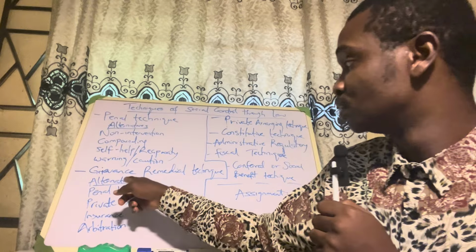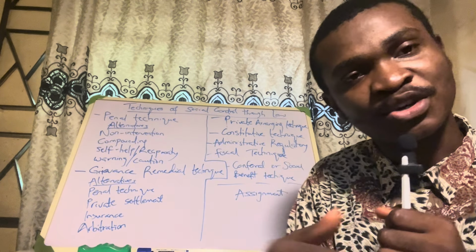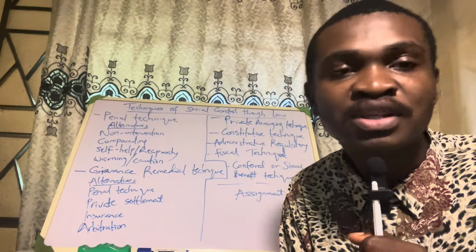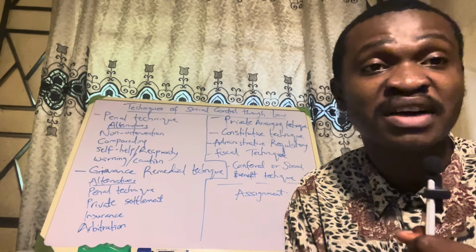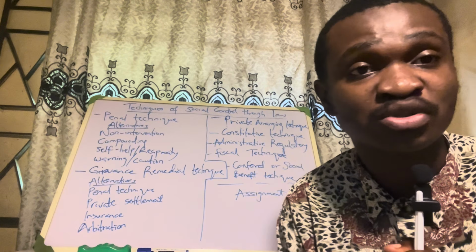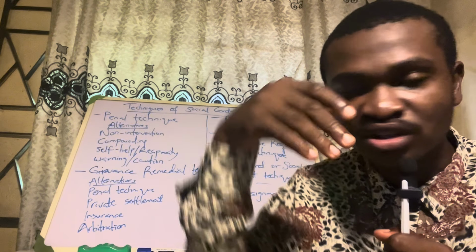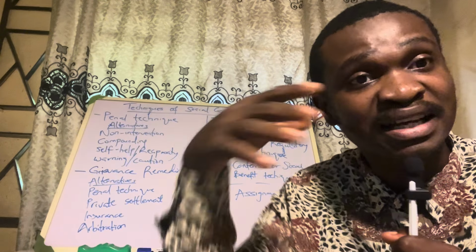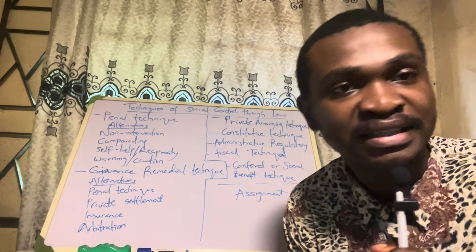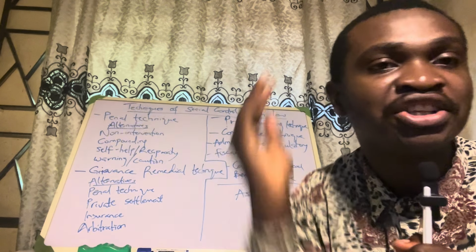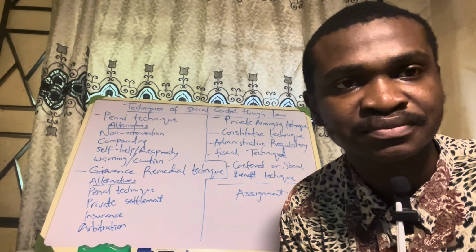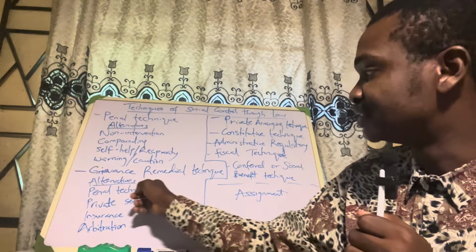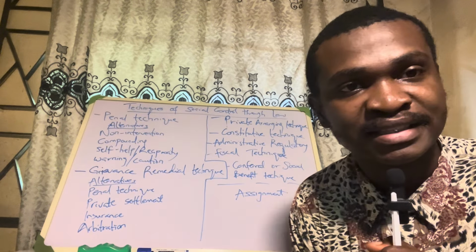So, when we are talking about penal technique, we say, okay, alternatively, instead of just suing the person to give me compensation, maybe I don't need your compensation. Maybe I just want you to suffer for what you have done to me. I can just prosecute. I can just call the police. The police will now prosecute the matter and go through a penal technique method. That is treating the criminal aspect of that action. That is the alternative to grievance remedial technique.